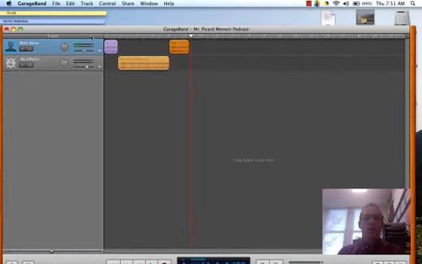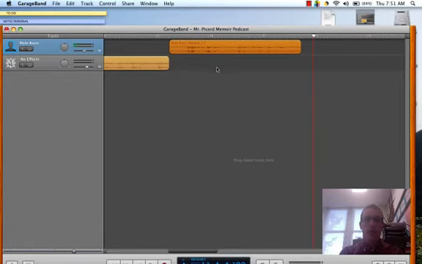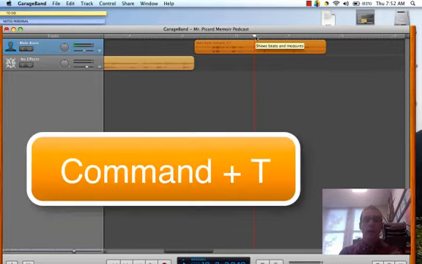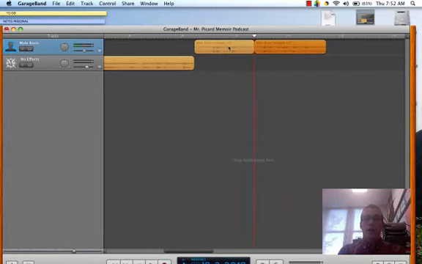Okay, now that's great. Now how do you put music in the middle? Like say you've gotten to your climax and you want to put music right before the climax. Well, the way you do that is you're going to cut apart your memoir where you want to put in the music. So if I want to put in the music, let's say between... "My mom gave me $5." Right after my mom gave me $5, I stop the playhead right there. Okay? And what I do is I hit Command T. Command T. Okay? And what that does is it cuts my reading into two pieces that can then be dragged